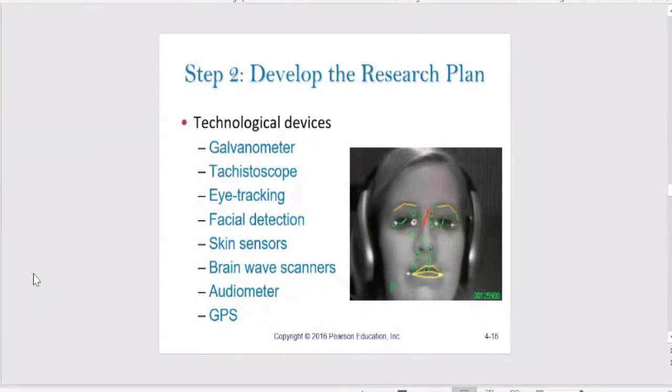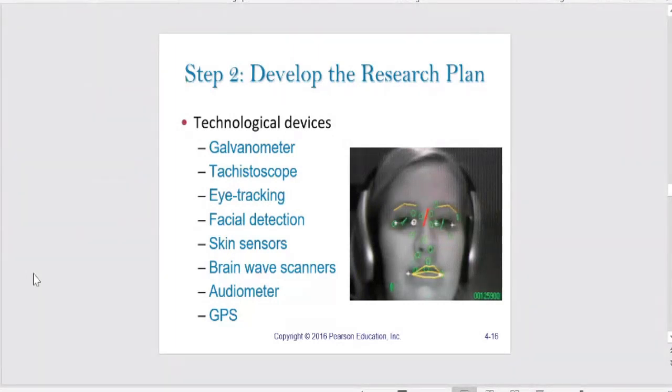Now, these technological devices could be used if you're trying to measure something. For example, one of the studies that I'm currently guiding is all about neuromarketing. Neuromarketing involves marketing based on the neuropsychology of individuals, like what exactly goes on inside the brain of a person when certain impulses are given to him. So I'm basically working on this as a neuromarketing project right now. Effectively, the use of technological devices for gathering information for marketing purposes is the focus per se. So you see, there are certain technological devices like, for example, tachistoscope, eye tracking, facial detection, skin sensors, brainwave